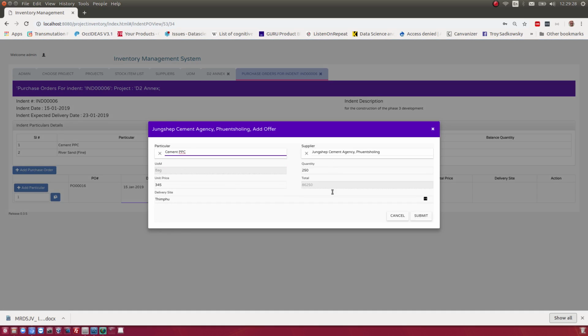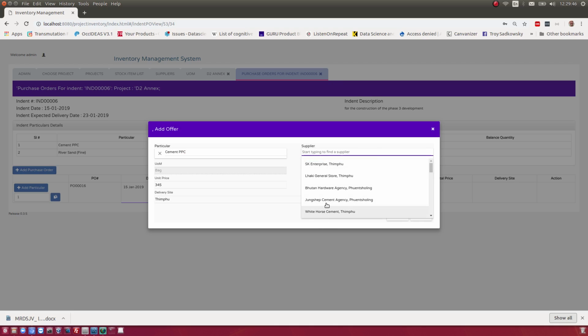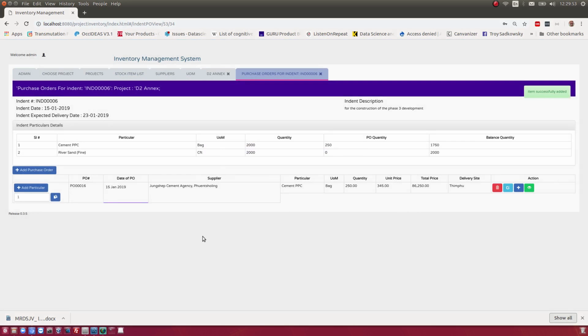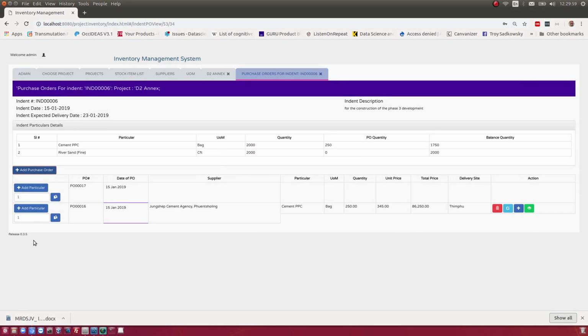And the system will also automatically remember the last time you chose cement, which supplier provided that, and also the quantity and the unit price. So we might keep those the same, or if we want to change it, we can change it at any time. And choose a new client. Let's go ahead and choose the same client, and actually let's not add the purchase order yet, we'll add to the particular